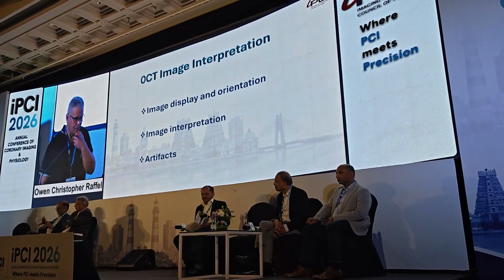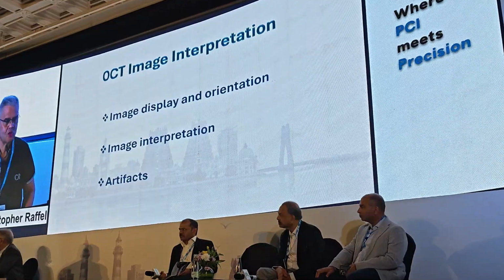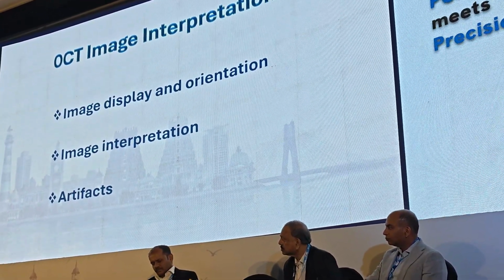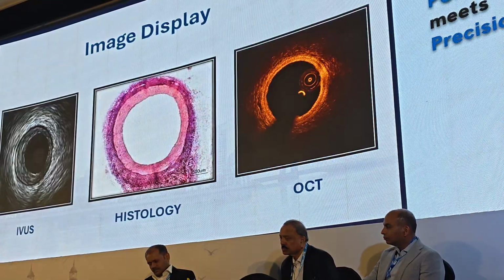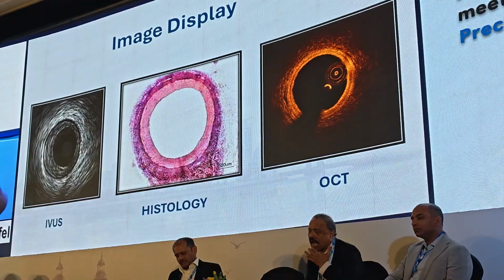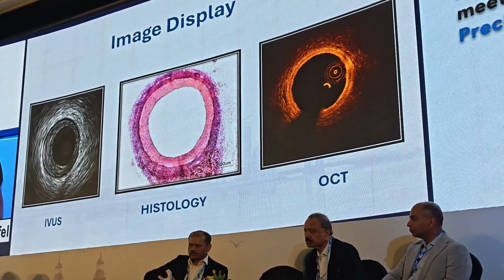So with image interpretation, these are the things we usually cover, but of course image artifacts will be the next talk, and then in the context of stenting there's a talk after that, so we'll stick to just the first two. Now, anytime we do any intravascular imaging, we really see an axial cross-sectional image, and often we